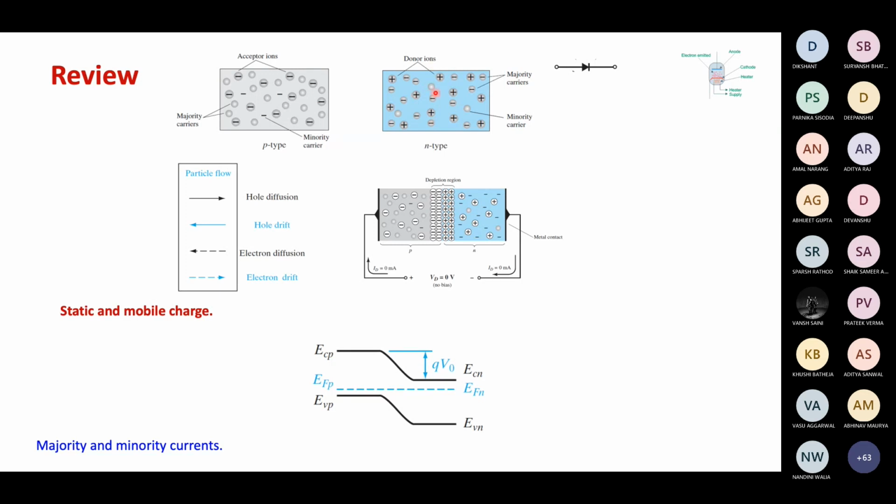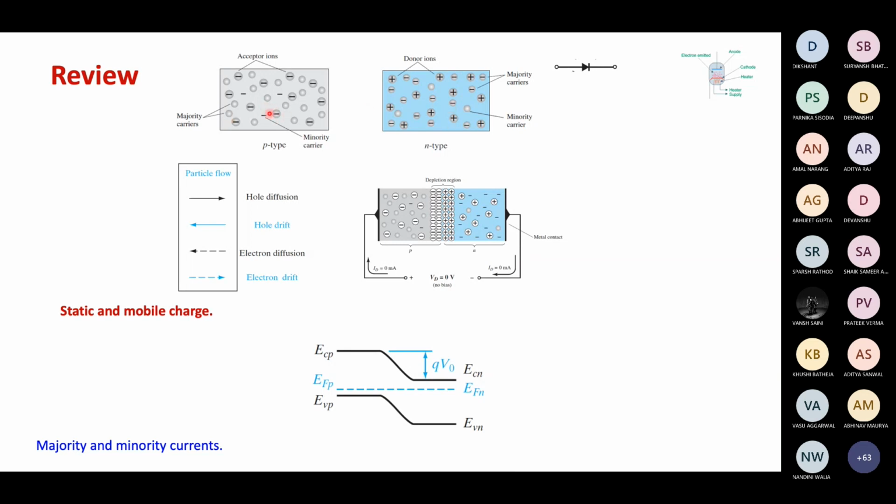So by putting dopant atoms in a semiconductor, we have introduced new electrons in the system. And the electrons in this system become the majority carriers because now we have a lot of electrons, equal to the number of dopant atoms. So in N-type material, electrons become majority carriers and holes become minority carriers.